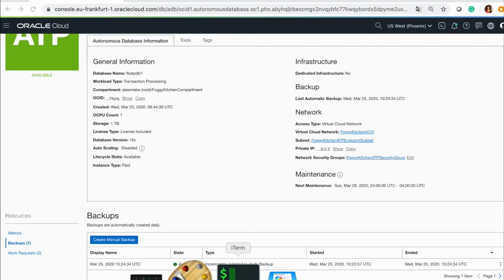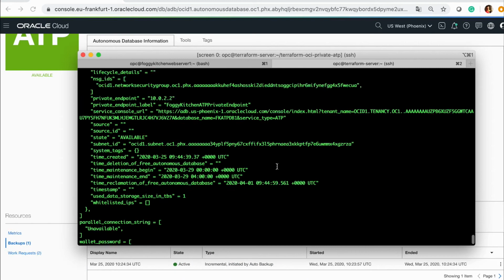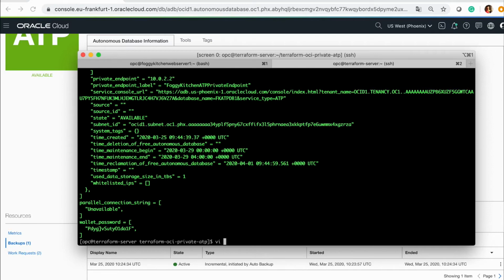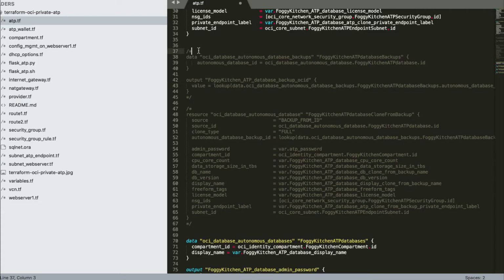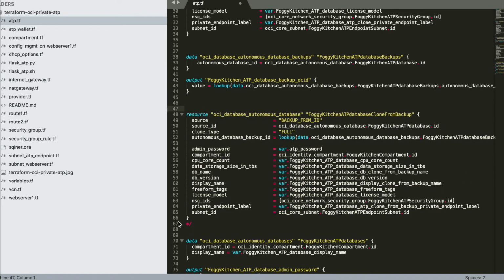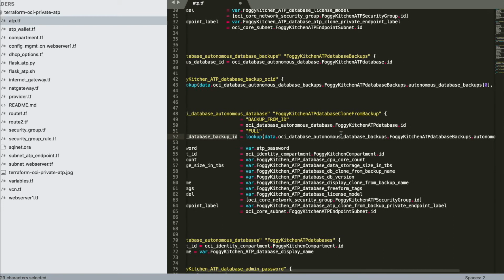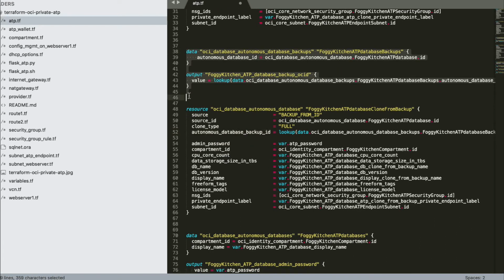But first, I need to fix the code. So first of all, I need to obtain the backup, right? And then I can create yet another clone with this backup. What does it mean in practice? The source in that case will be backup from ID. The clone again will be a full clone, and here I need to introduce the autonomous database backup ID taken from here,